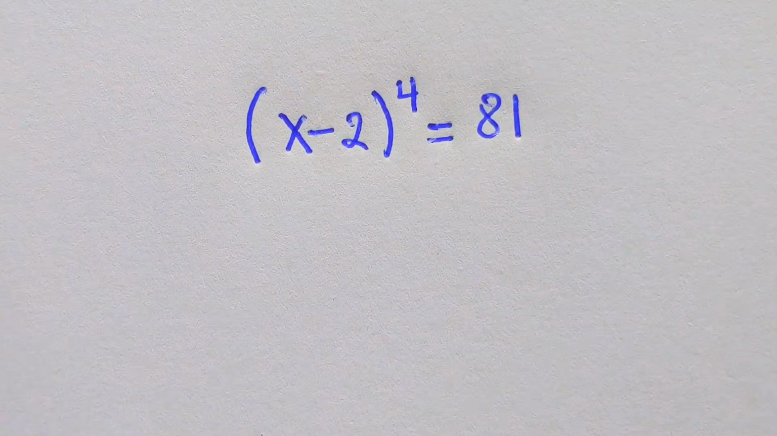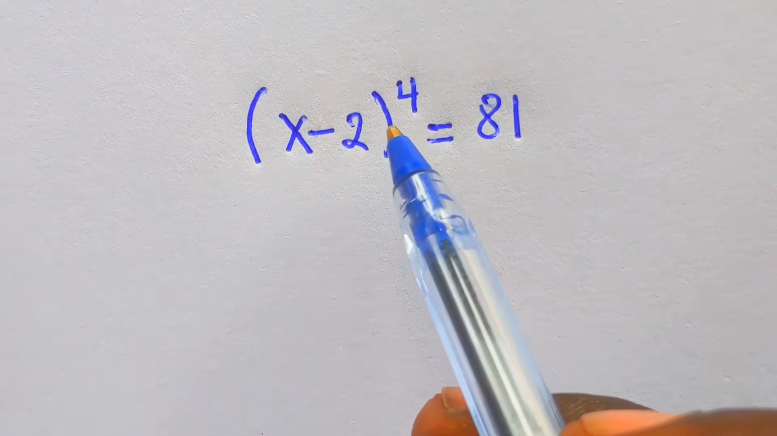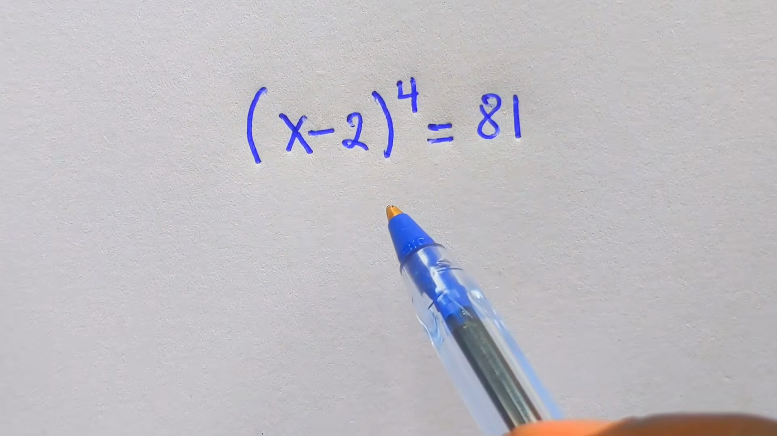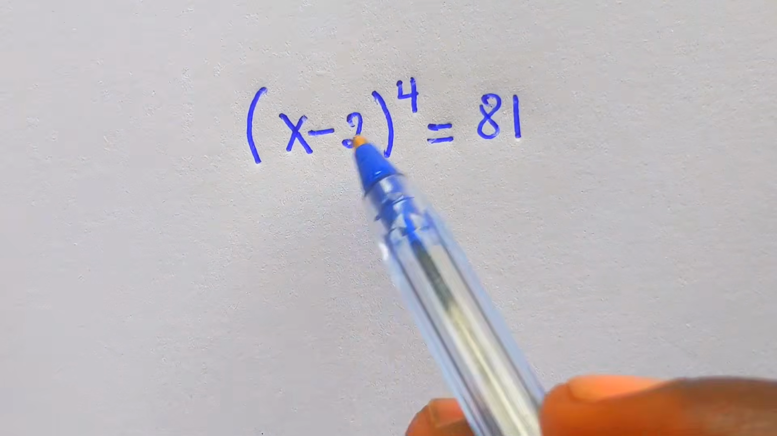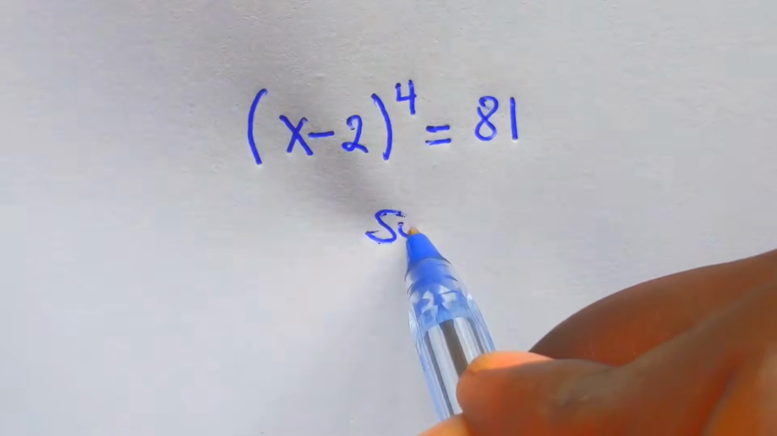Hello everybody, welcome to this platform. In today's video we have been given a question: (x - 2)^4 = 81. You're supposed to find the 4 values of x. Solution: